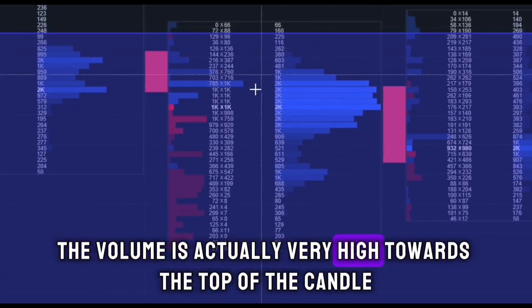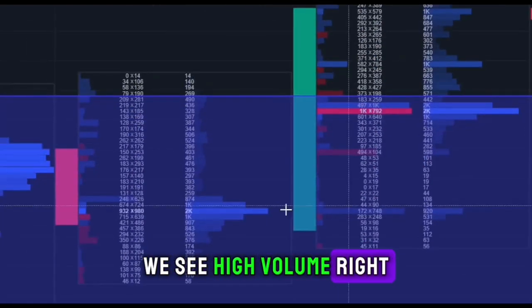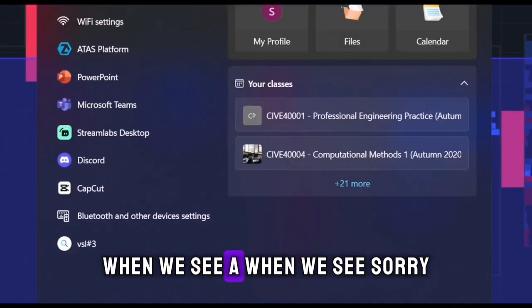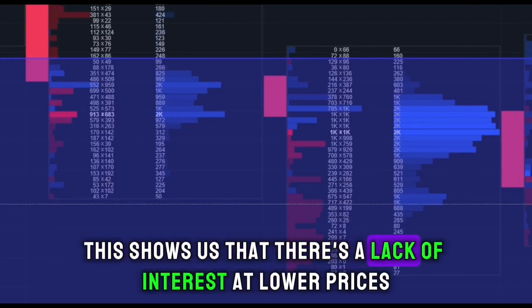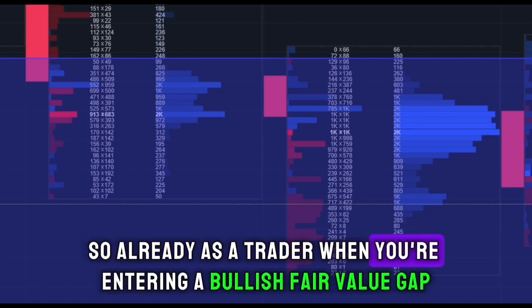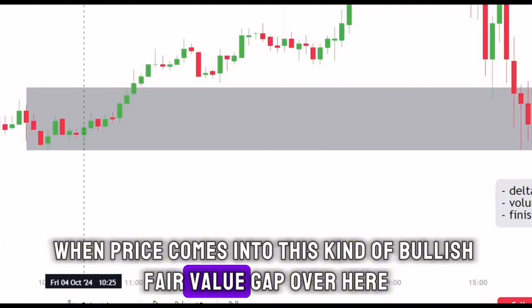The volume is actually very high towards the top of the candle. Again, towards the top of the candle, we see high volume, right? When we see a decrease in the volume as price moves down, this shows us that there's a lack of interest at lower prices. So already as a trader, when you're entering a bullish fair value gap, when price comes into this bullish fair value gap over here,